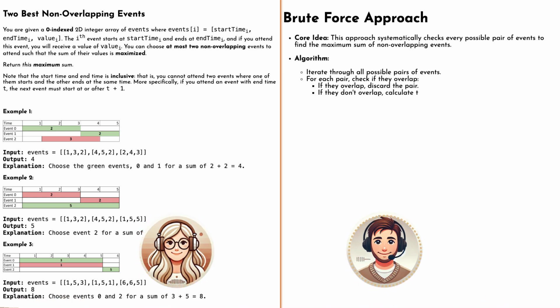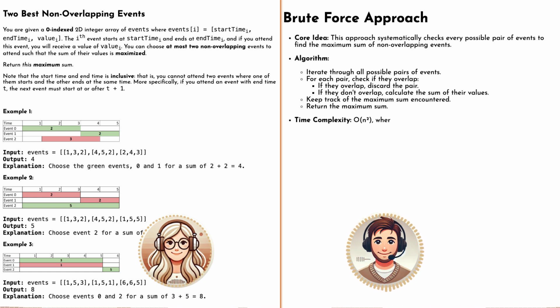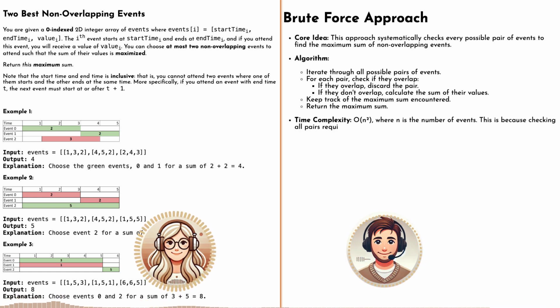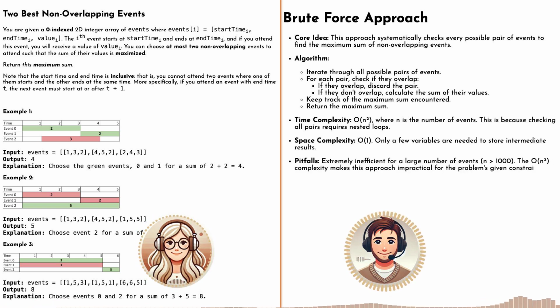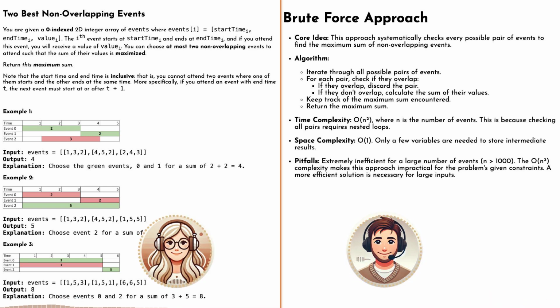Yeah. I mean, that's the brute force approach. It might work if you have a really small set of events, but it's not going to be very efficient as the number of events grows. Yeah, because the more events you have, the more combinations you got to check. Exactly. And the longer it's going to take. Right. So brute force is probably not the best way to go. Probably not the best, yeah. What are some other approaches we could look at?